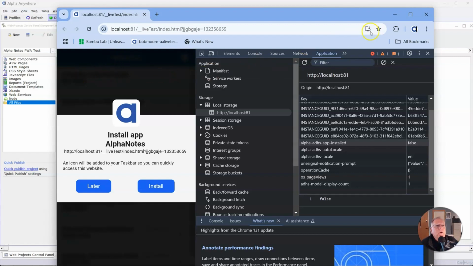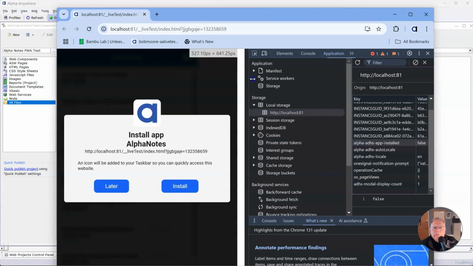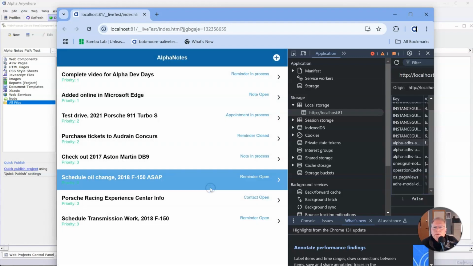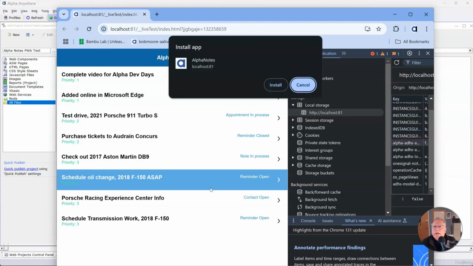Okay, so this is our prompt to add this app to our home screen. And you'll notice over here that you've got this little icon as well to say install Alpha Notes, because it's a PWA and you can definitely do that. I'm going to just make this a little different here. Okay. But here's your prompt to install it. Now this is the browser prompt, and so we just come up with a button and say, yeah, install it. So when you click on the install,